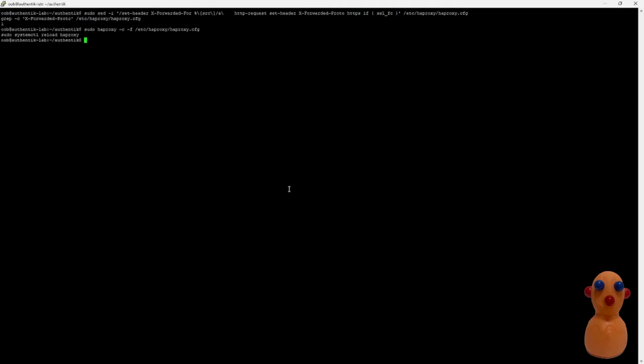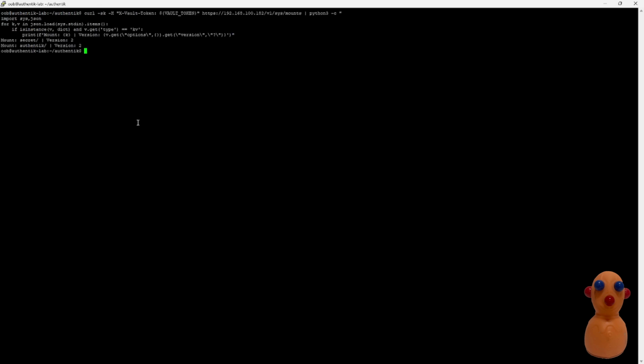All right. Okay. So we can close out this, and we can say that we have closed a few of the vulnerabilities, and we can move on to OpenBAO now. So what we're going to do here is see what KV engine mounts are on the OpenBAO system. So there are two, and we're going to focus on dumping our secret and password in the Authentik KV engine